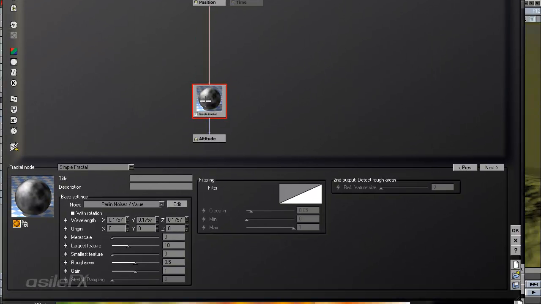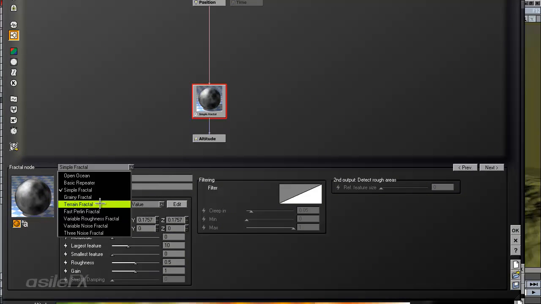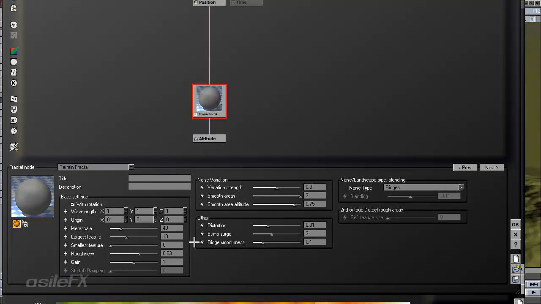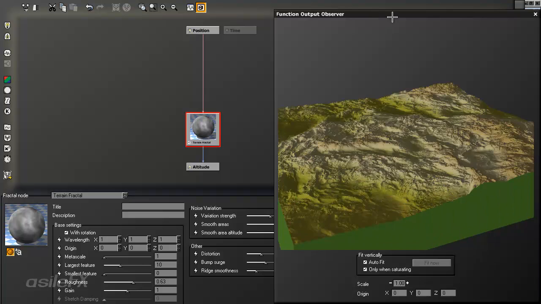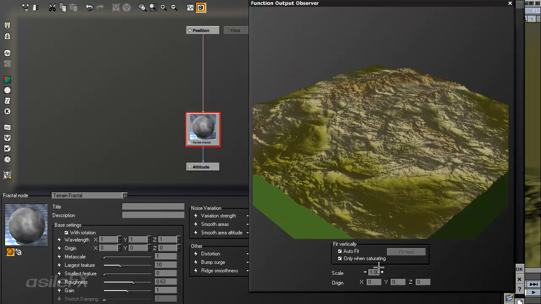So right now we have a simple fractal. Let's go ahead and make it more interesting. We'll make a terrain fractal. I'm going to go ahead and reduce the metascale. And now if you want to preview, you can go up to the top and open up the function output observer. This is going to give you a detailed preview of the terrain,